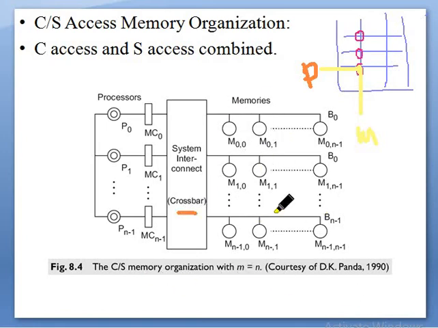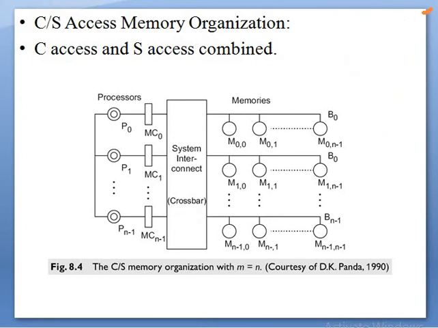Okay, here it will be the memory bank, here it will be the processor. So any processor can communicate with any memory at a time. Once their data transfer is done, we stop that connection. That means there is no direct communication between a particular processor and memory. Their communication gets disconnected, so they will work separately. So this is called C bar S access memory, which acts as both concurrent as well as simultaneous.